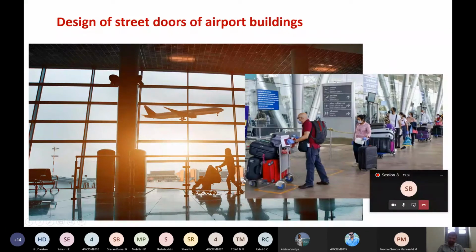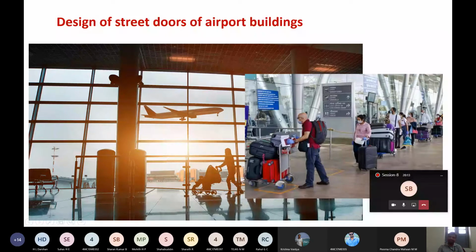When there is a passenger in that fixed proximity, the door will be kept open. When he leaves that location, the door will automatically get closed. Most people will think about this solution only. But there are other possible solutions also, like what Akash has said. Instead of having an automated door system, you can keep a doorman, so that you can provide some employment opportunities.